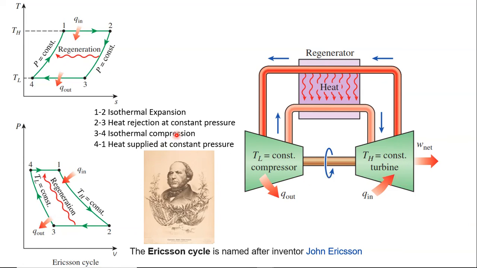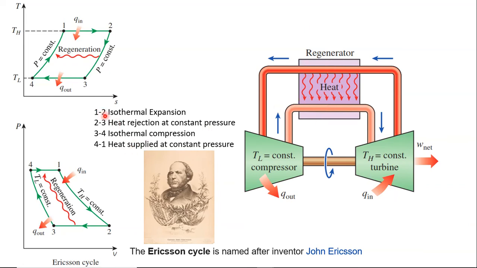Next thing, here there were two separate heat exchangers in the case of the Brayton cycle. But here you can see there is a regeneration process. What is this regeneration process? Basically, the air going over here after the compressor receives heat from the turbine air returning back through the regenerator. This is the regeneration process.